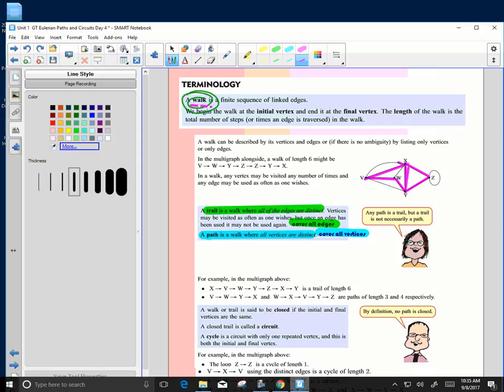Did we hit all of the vertices? Yeah. So that sounds like it's going to be a trail, or a path, because we covered all the vertices. But did we cover all the trails, or all the edges? No, so it's not a trail. So this is an example of a